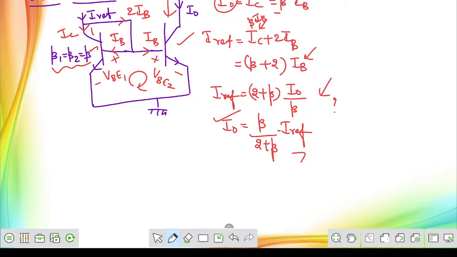Even if you don't remember the formula, it will take a maximum of 10 to 15 seconds to bring the formula back, if you understand the circuit very well. Anyway, I will recollect this current mirror circuit once again at the end of the MOSFET,